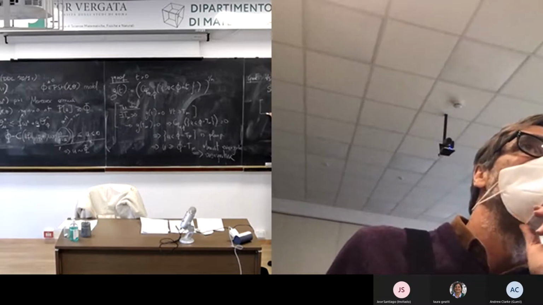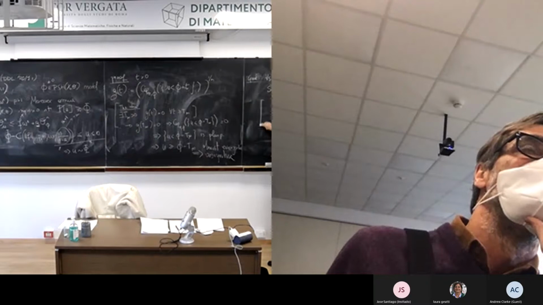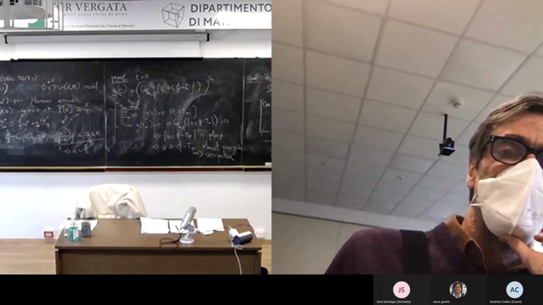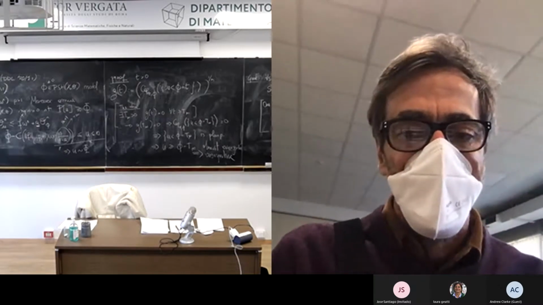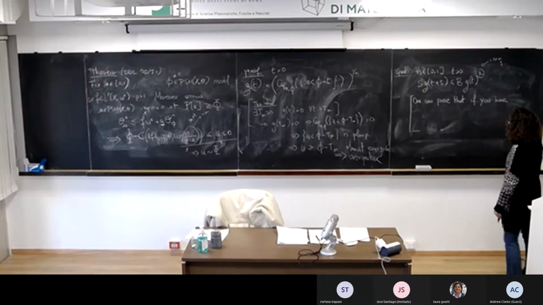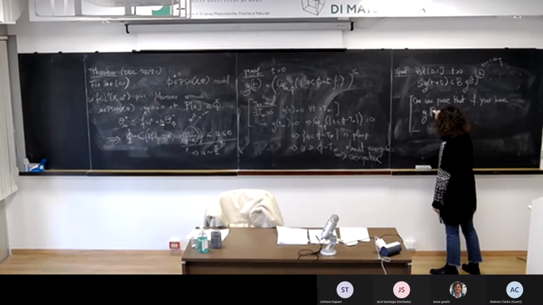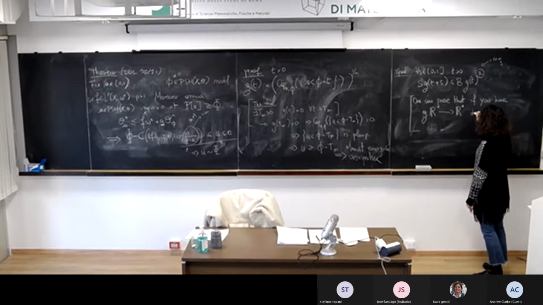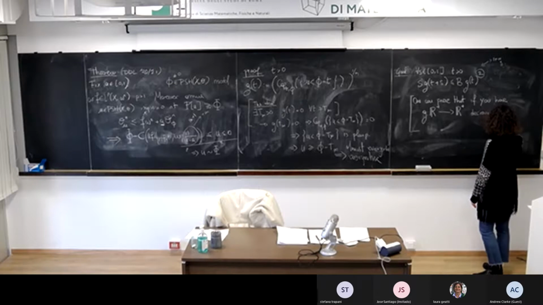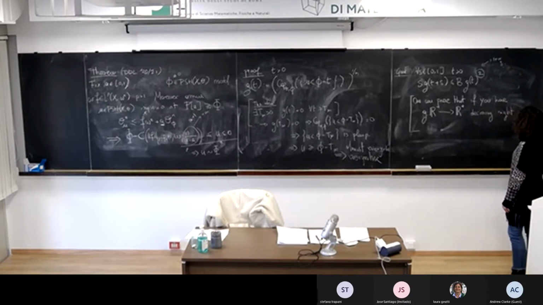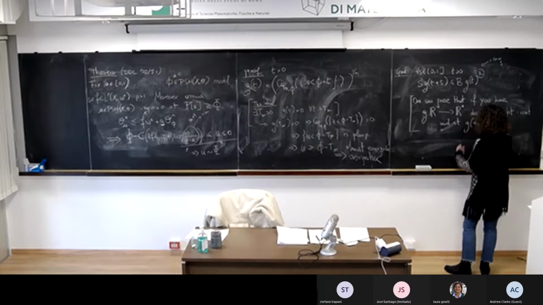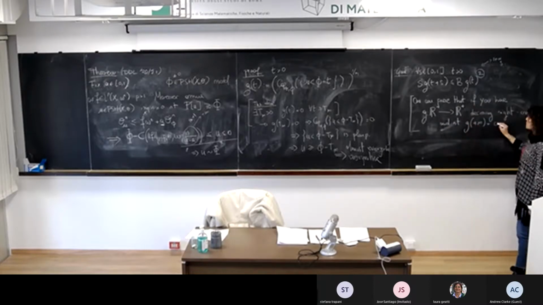Okay? So why is this the goal? Because one can prove that, and this is something for real valued functions, if you have a function g from R plus to R plus that is decreasing, right continuous, and such that g of plus infinity, meaning the limit for t that goes to plus infinity of g of t, is equal to 0,